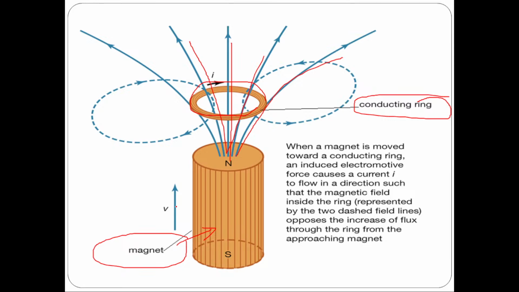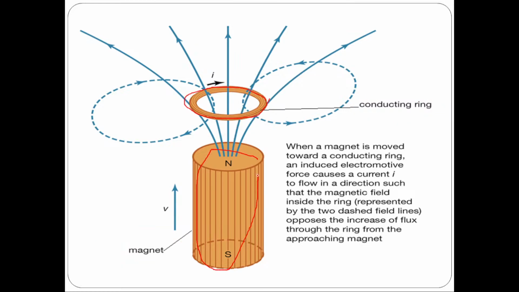Okay, so this is my conductor, which is in the shape of a ring, and this is my magnet. This is the conductor, so the shape of the conductor is in the form of a ring. Now if there is a magnet, we all know that